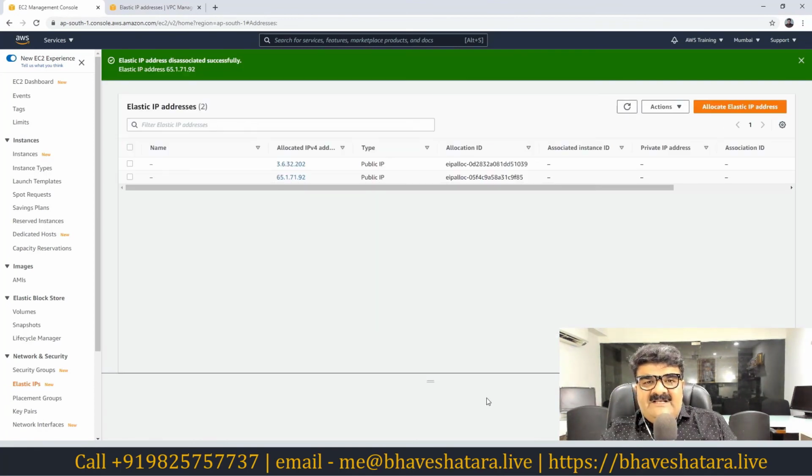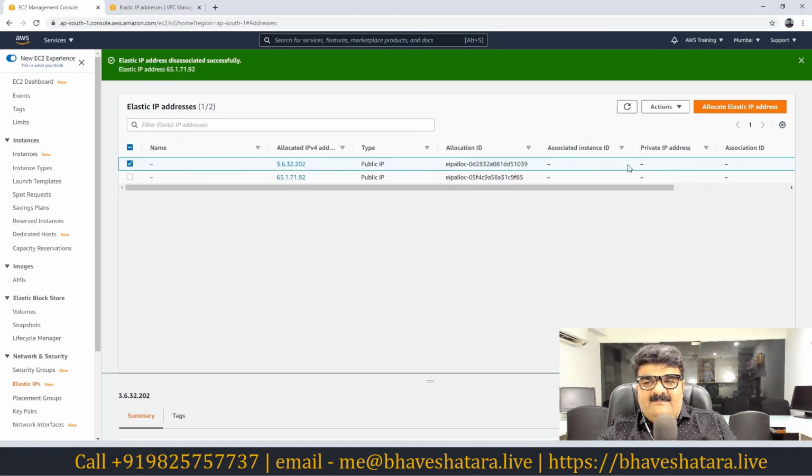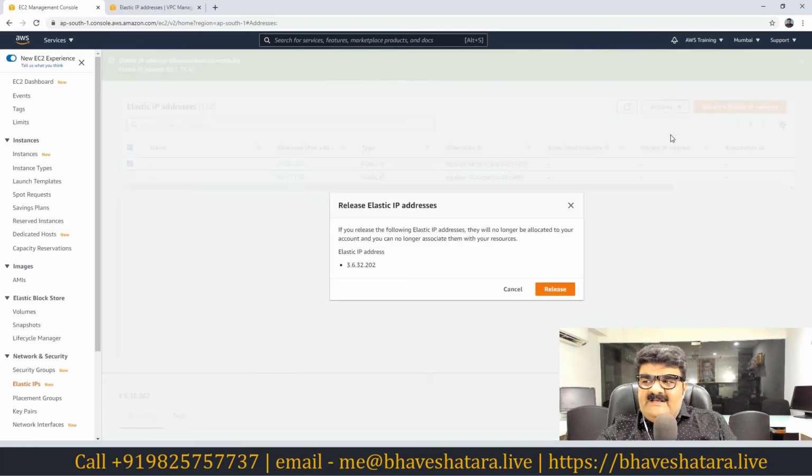Now keep in mind, even though your IP address is disassociated and not attached to anyone, you have to pay. If the IP address is in your account, you have to pay for it. So if you don't want to pay, you just need to release it. Go to the action menu and release the elastic IP.